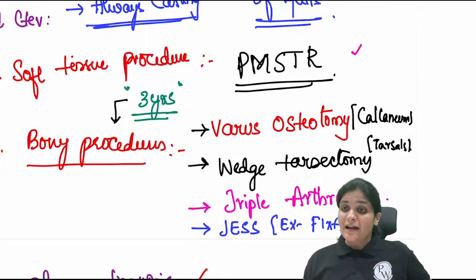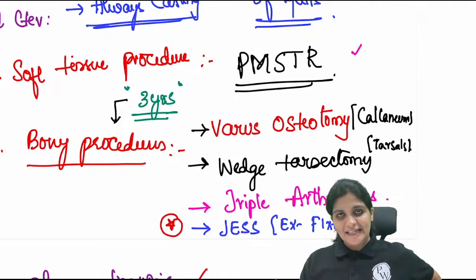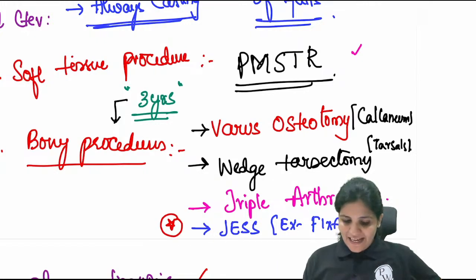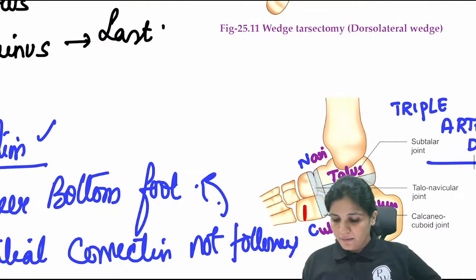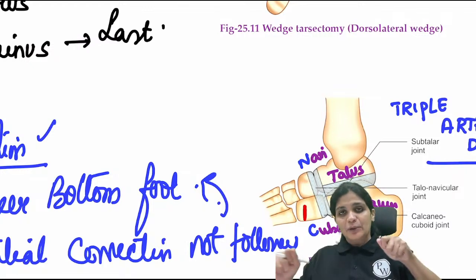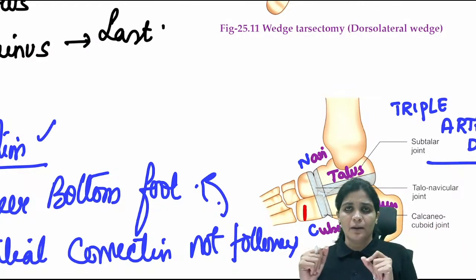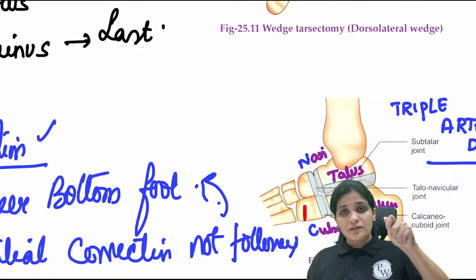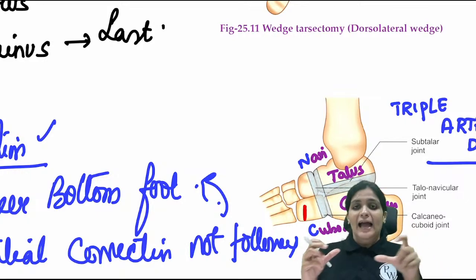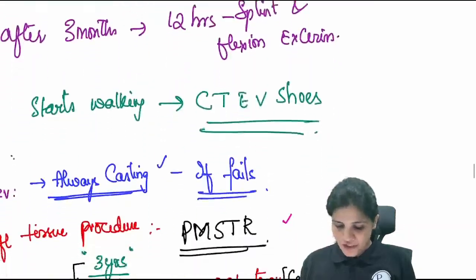And finally, the recent advancement is JESS. JESS is nothing but Joshi's external stabilization system, that is an external fixator. For this foot, they again put rods and pins and try to correct it, right? So that is again an aggressive form of treatment which is being used, where you fix all this with an external fixator and daily correct the angulation of the foot. So that is the recent advancement. What you have to remember, that yes,